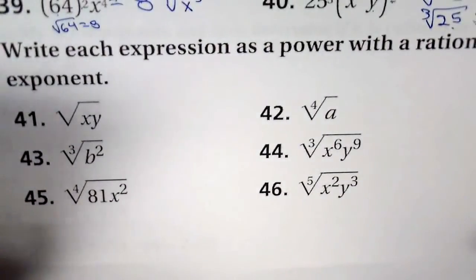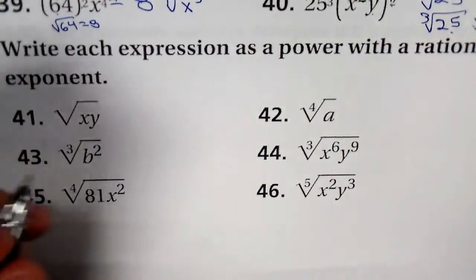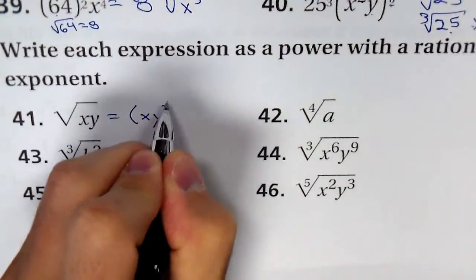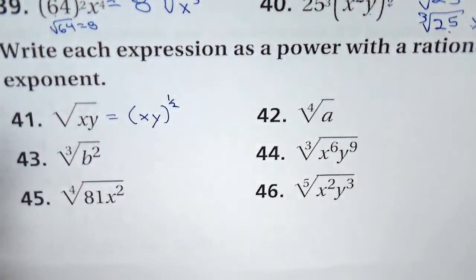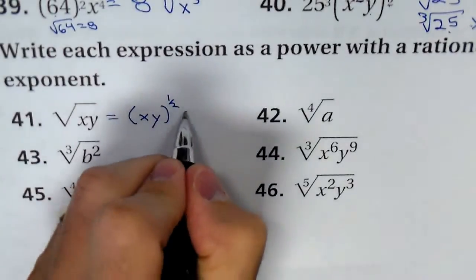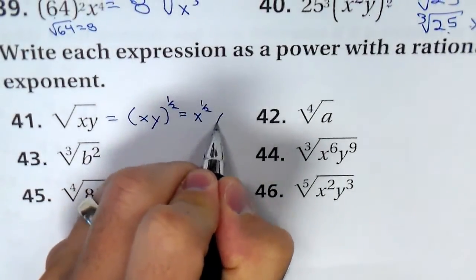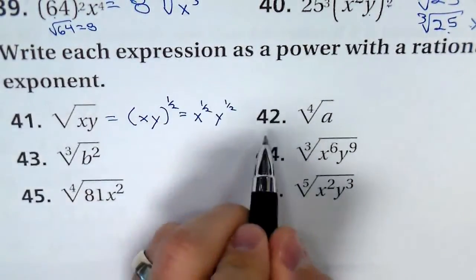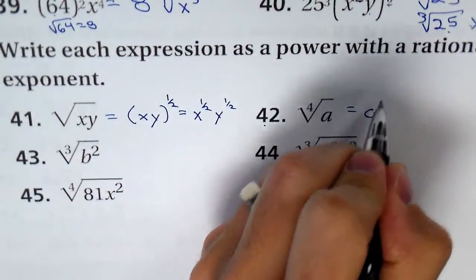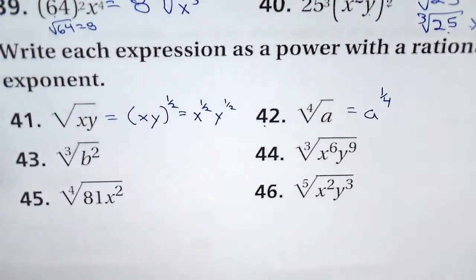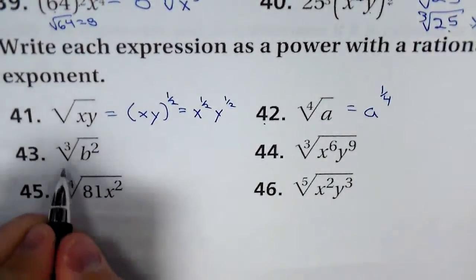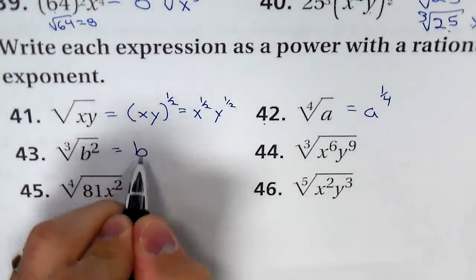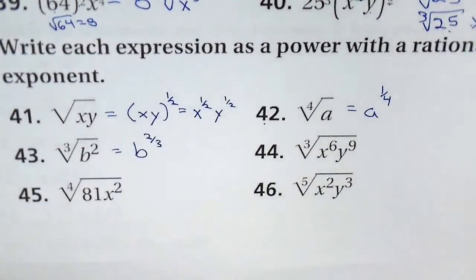For 41, we need to write as a power with a rational exponent. So in the square root, I could write them both like this, xy to the 1/2. You could also write it as x to the 1/2, y to the 1/2. 42, we're going to make that a to the 1/4 as your exponent. 43, it's going to be b to the 2/3, because that becomes your denominator, so it's already squared, so it's